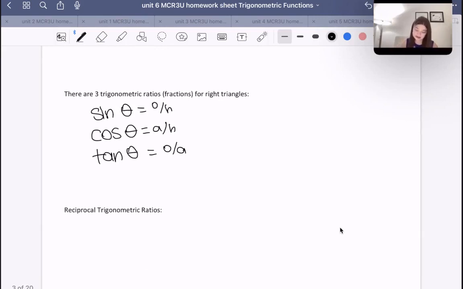So basically, there's three reciprocal trigonometric ratios I'll go over. These ones are honestly not that useful and will not be used that much, but it is still good to know them because they may come up on a test, or they may come up later when we talk about trigonometric identities in a future course. So reciprocal trigonometric ratios. So the reciprocal of sine is